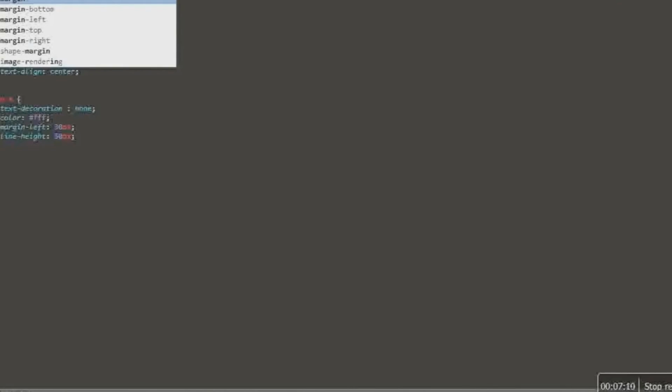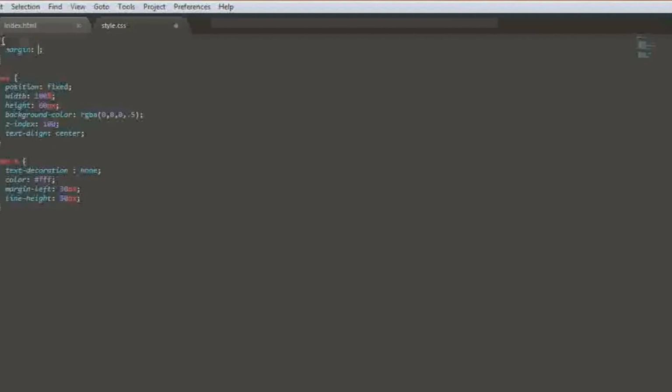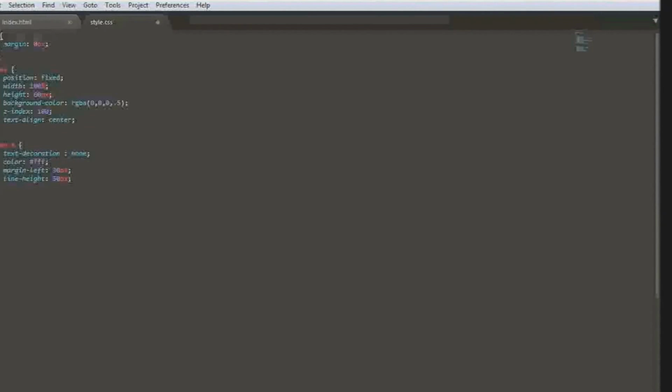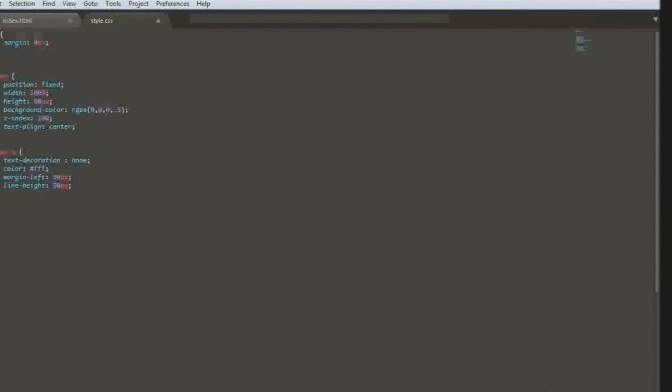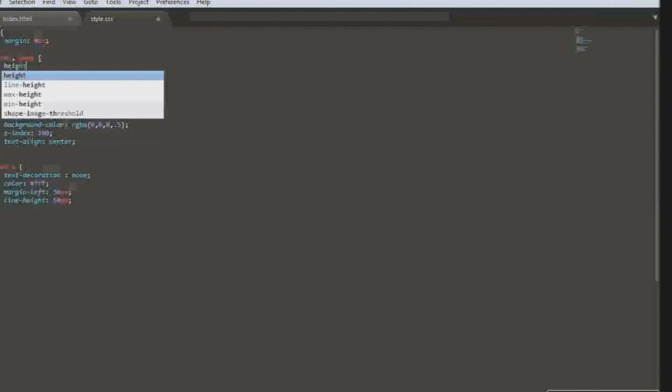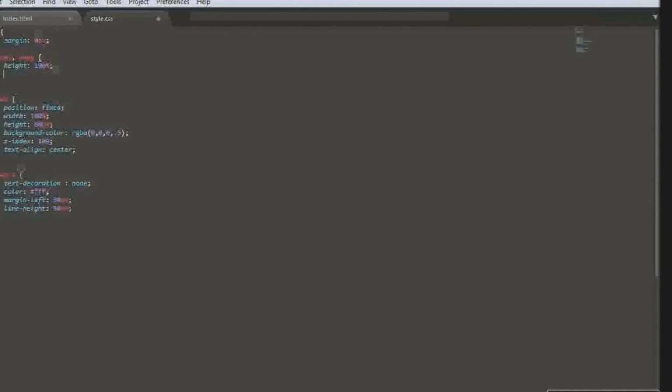Margin 0px. Okay, HTML, body. Let's use height 100%. Don't forget that. Okay, that's all.